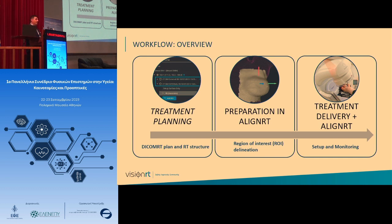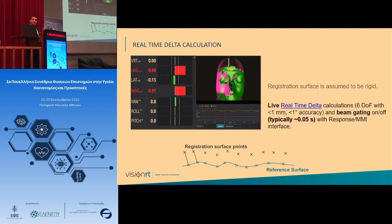And then we can import this data into LineRT and treat the patient fully using only these 2 pieces of data. Just to give you a taste of what it looks like, here's a cranium example. With the SGRT approach, you can opt out to open face mask variants for SRS types of treatments, where you don't need to use closed face masks anymore, and you can use an optical system to monitor the patient